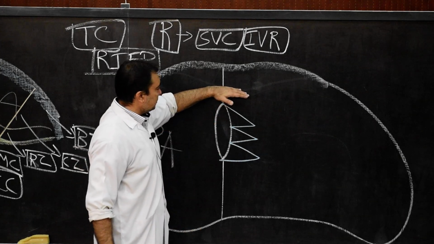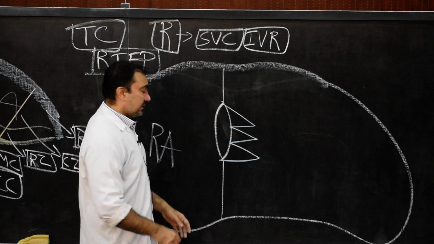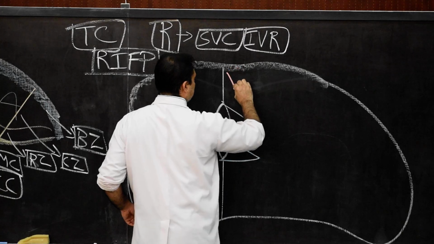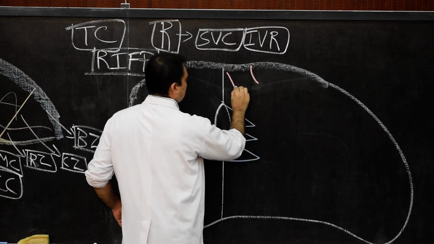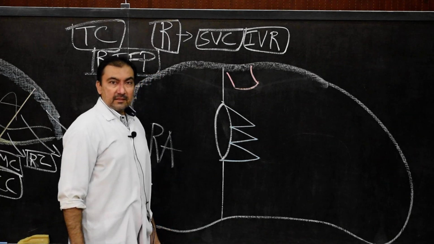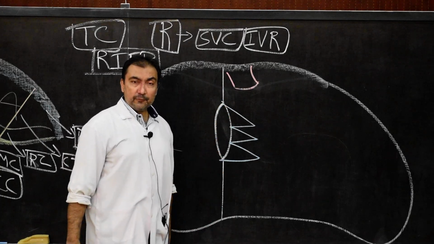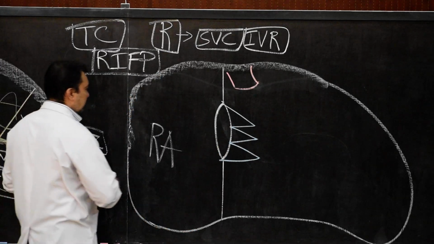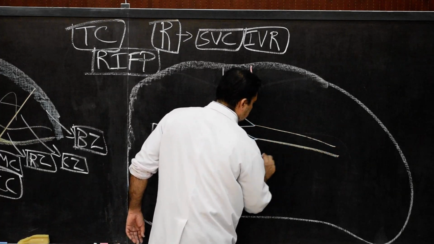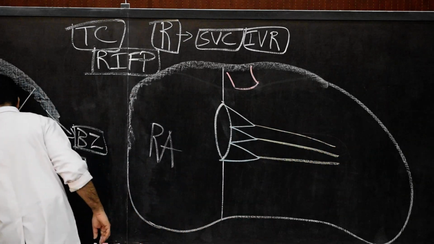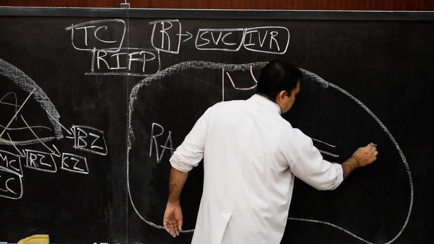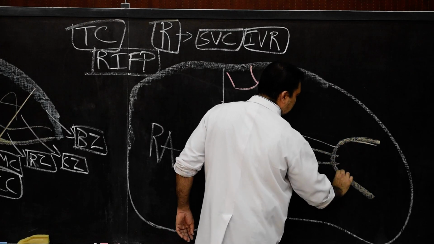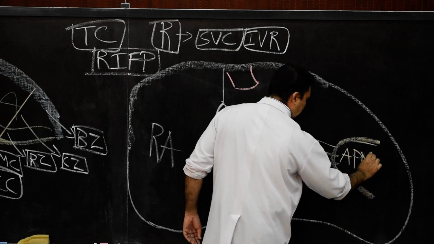And superiorly, where my hand is, we show the pulmonary trunk. When we show it in cross section, this is the pulmonary trunk. That will be the infundibular part, the outflow channel. This is the inflow channel. And then here we show a few chordae tendineae. They are connecting with one of the papillary muscles which we are going to show. So we show the papillary muscle here. This will be the anterior papillary muscle.